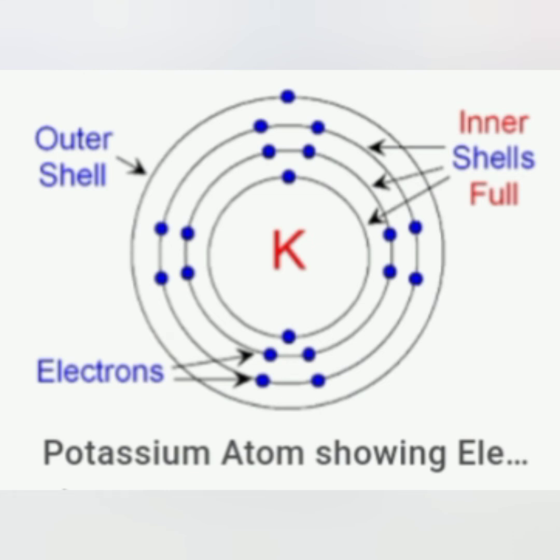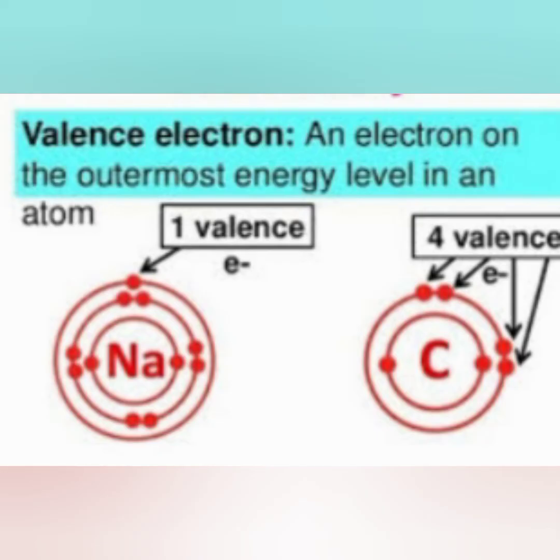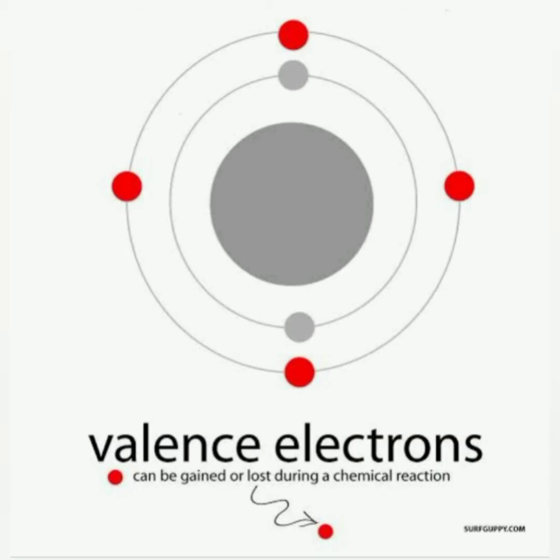Now the next topic is valence shell. What is the valence shell? The outermost cell of an atom is known as the valence shell or valence orbit. What are valence electrons? The electrons present in the valence shell of an atom are called valence electrons. The number of valence electrons varies from 1 to 8 in the atoms of different elements. The valence electrons of an atom determine the valency of that element. Okay. What is valency? Valency means the number of valence electrons, known as the valency of that element.